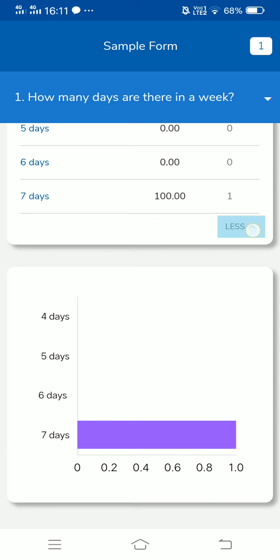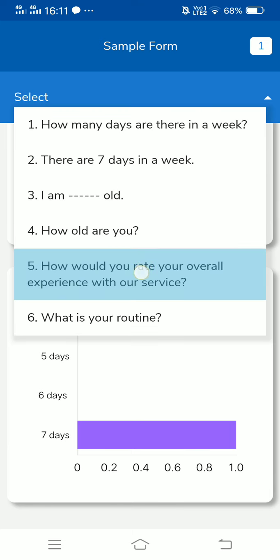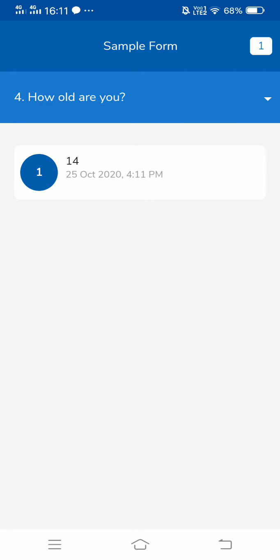Likewise, you will be able to check the answers. So all the 6 questions are here. And answers only, since there is one response you will be able to see only one. If you have multiple responses, then other students' or other people's responses to the same question also can be checked using the same link.